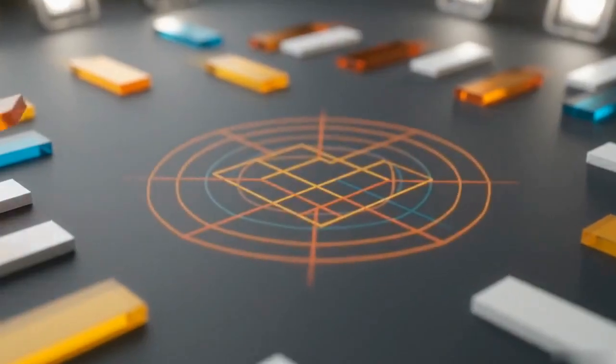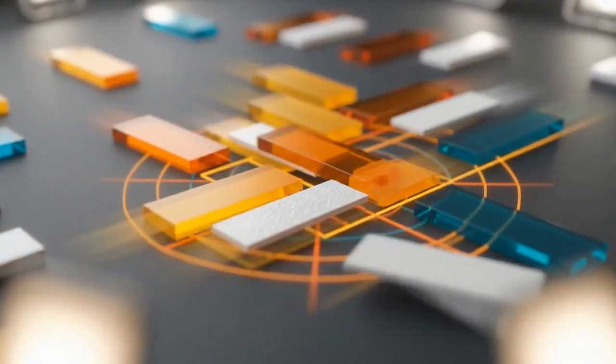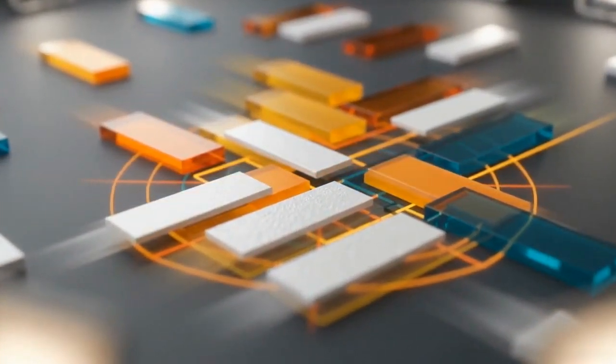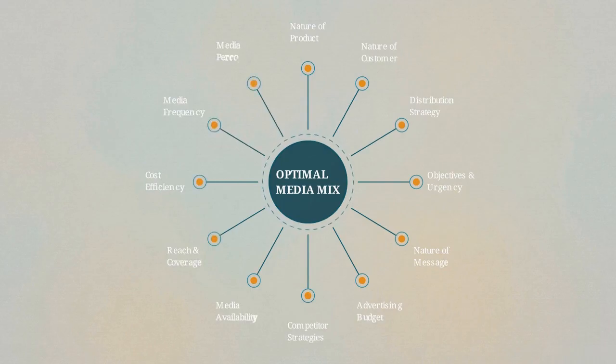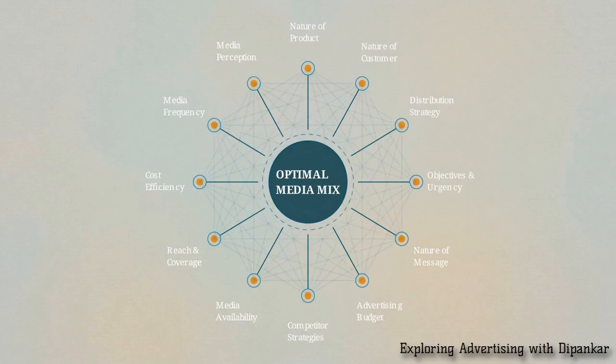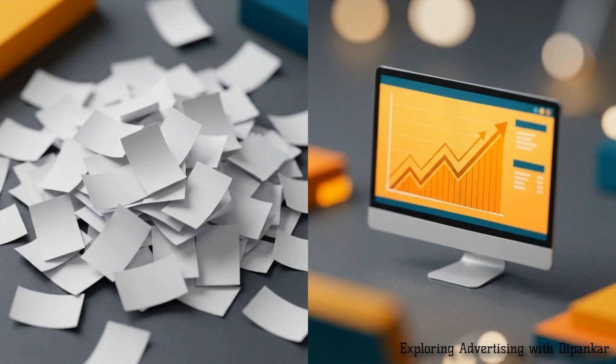Selecting an advertising channel is a strict strategic calculation, never an arbitrary guess. To ensure maximum campaign effectiveness, media planners rely on strategic frameworks, like that of Dipankar Mukherjee, which demand the systematic evaluation of 12 specific determinants. Only by integrating these factors into a carefully calibrated media mix can an advertiser prevent wasted spending and maximize their